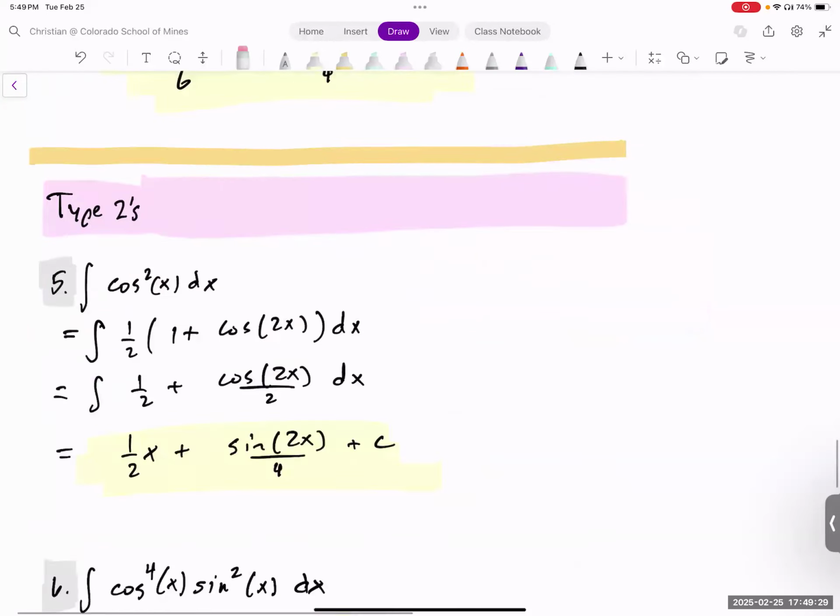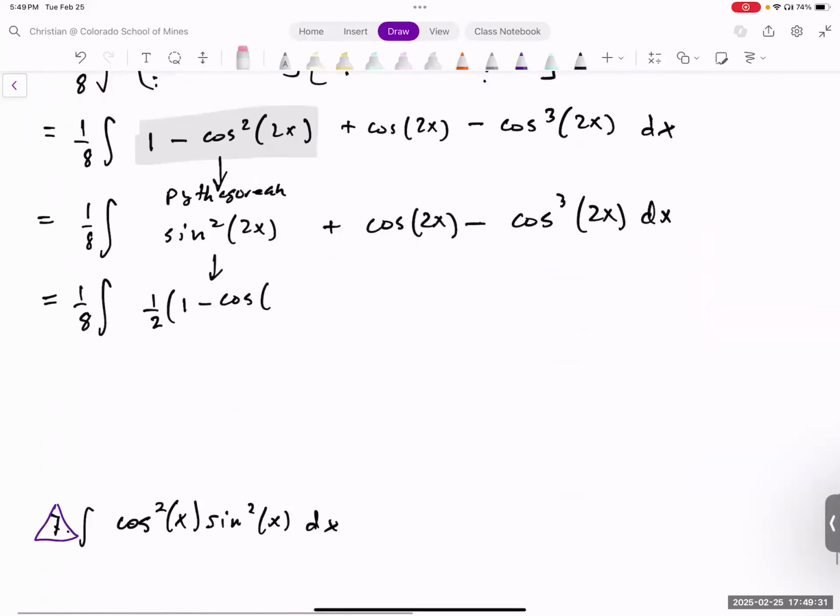So that same thing happens here, but look, our input was a 2x, so the 2x is going to get doubled. It's going to be double the current angle. There we go, plus I'm just going to keep writing cosine 2x for a minute, dx minus an eighth integral cosine cubed 2x